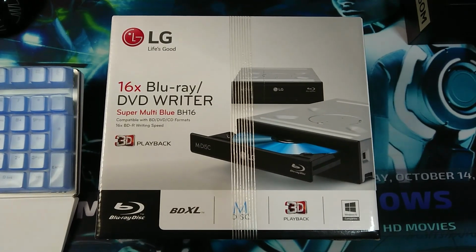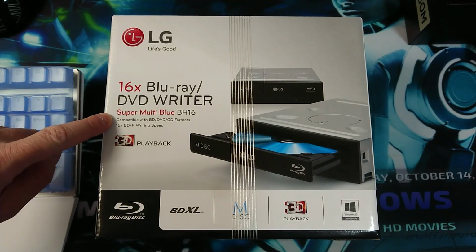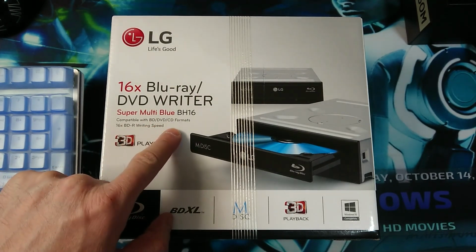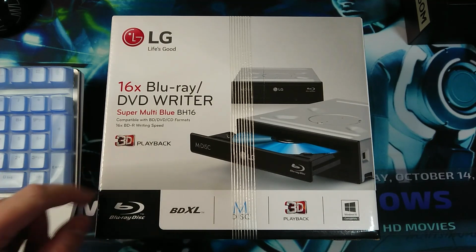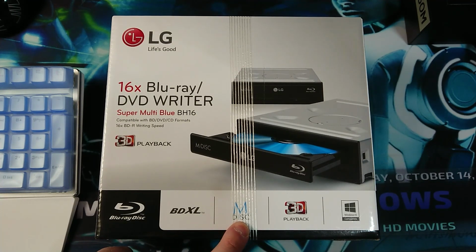And in this video we are going to have a look at the LG 16x Blu-ray DVD writer. This is the Super Multi Blue BH16. It's compatible with Blu-ray disc, DVD, CD formats, 16x Blu-ray -R writing speed. It's got 3D playback. It has the BDXL, which means it can hold up a capacity of 5 times a Blu-ray, 5 Blu-rays. It's got the M-disc